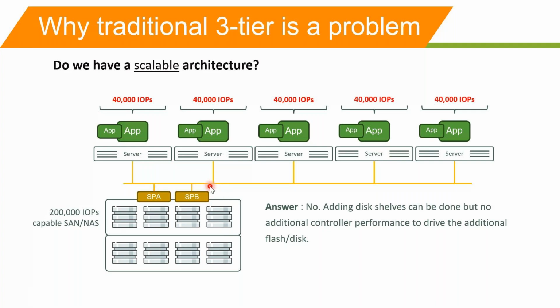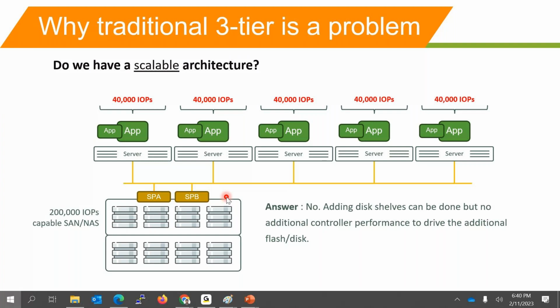This performance is based on this controller. And as I mentioned, expanding it is not easy, it requires a lot of cost, a lot of design changes, and some downtime. It is a very big activity, so the customer will not easily take up this call. So this is not a simplified solution, it is a very complex scenario. This issue is with the traditional 3-tier infrastructure. How do we address this problem in